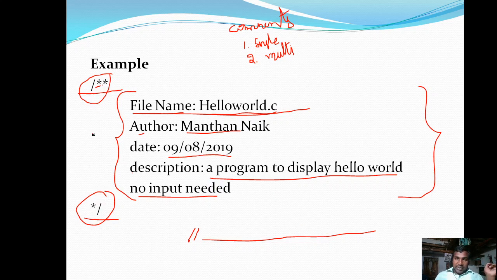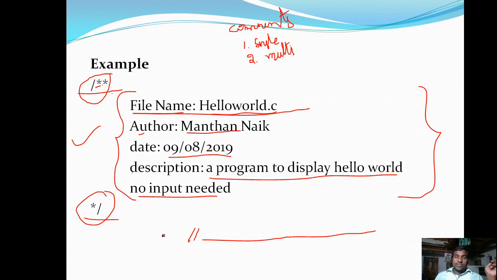This is the multi-line example. Forward slash followed by 2 stars, then you can write any number of lines, and at last you must terminate the multi-line comment with star followed by forward slash.